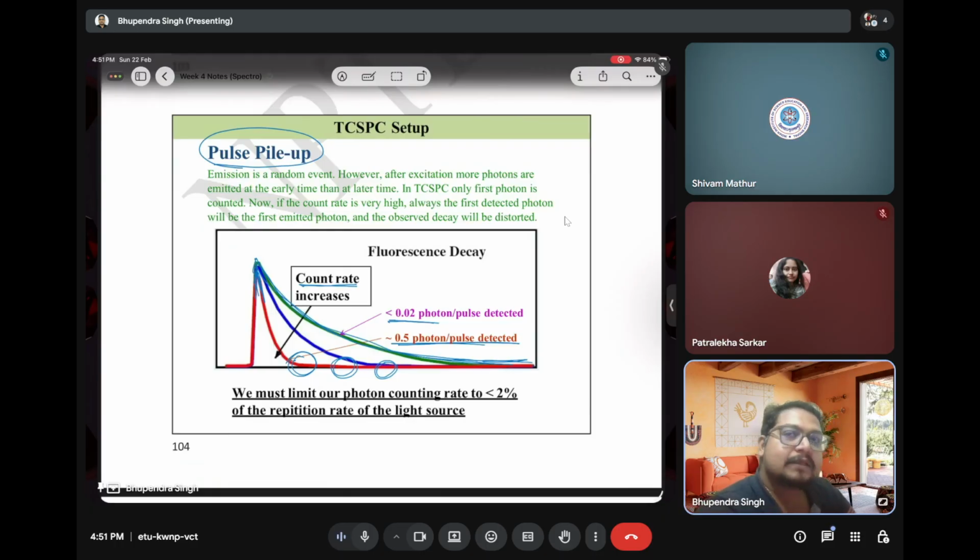So what will happen at the early time? This is the time, this is the intensity. At the early time, detection will be much higher. So if the count rate is higher, then your lifetime data will look like this red one,